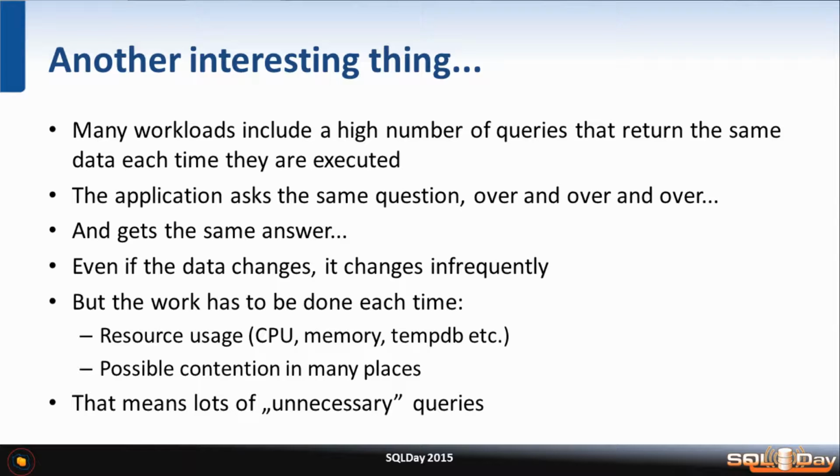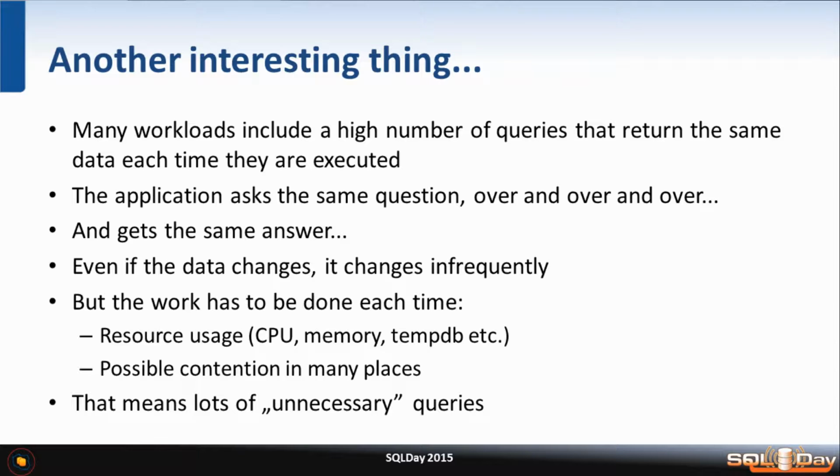And very often, they represent the most significant part of the workload. Not the big guys, not the big queries. The tiny little guys that are executed so often. So the application asks the same question over and over, and it gets the same answer because that data doesn't change, or it changes very infrequently. 2 plus 2 is 4. It was 4 yesterday, it's going to be 4 tomorrow as well, and it's not going to become 5 anytime soon. But the application will just keep asking, select star from, select count from, and so on and so on. Just intensively